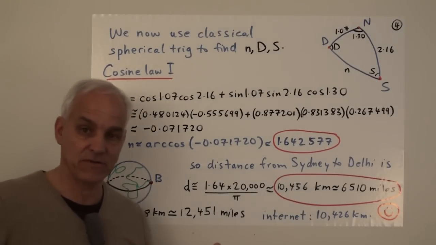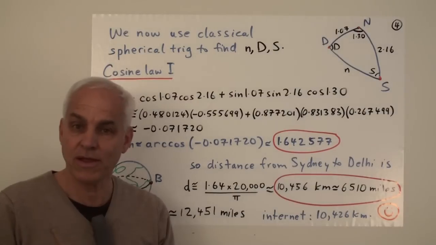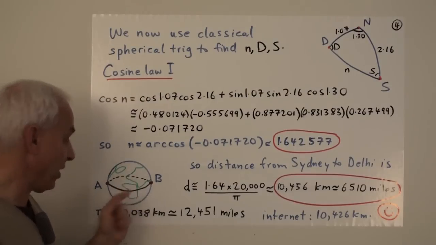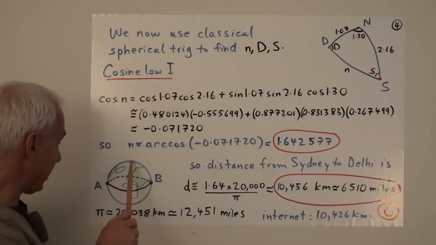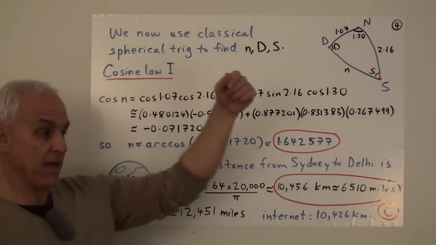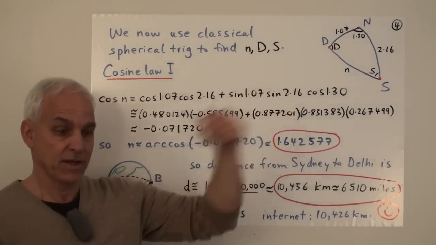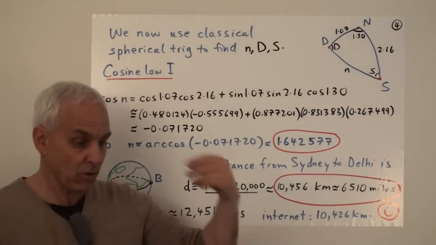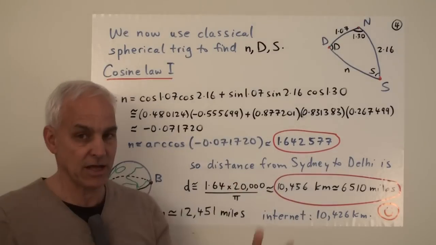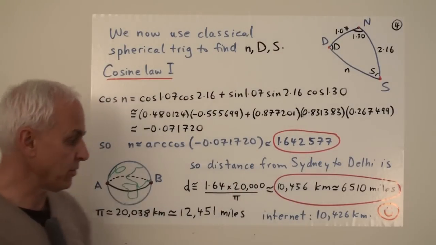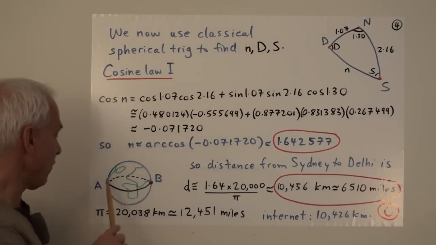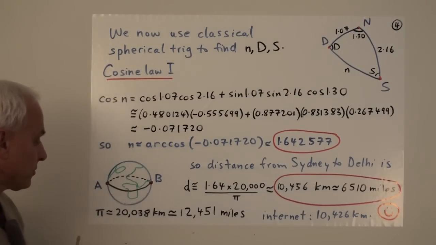In fact, when the French famously set up the metrical system after the French Revolution, they introduced the meter in pretty well exactly this way. They said that we'll take the North Pole and we'll go through Paris to the equator, and we'll say that that distance is 10,000 meters. So the meter was introduced as an object relating to the size of the Earth. And so it's not a surprise that we get almost exactly 20,000 kilometers for this half of a circumference.